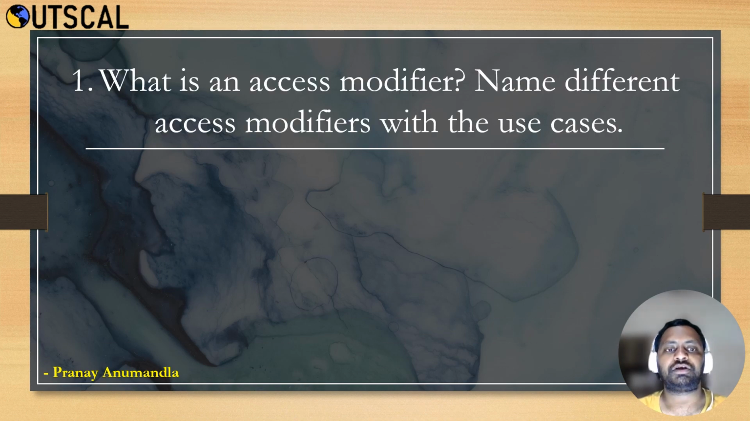What is the access modifier? Name different access modifiers with the use cases. Access modifier is nothing but which defines the access of the variables or functions which are in the class. So whether the defined variable or method or function can be accessed outside or not. For that we will use keywords to define the access modifier. So there are three types of access modifiers: